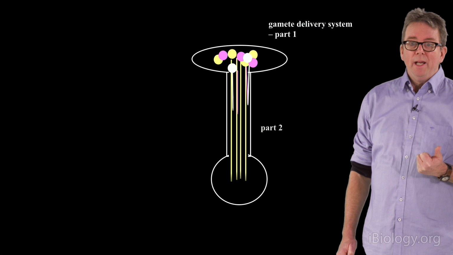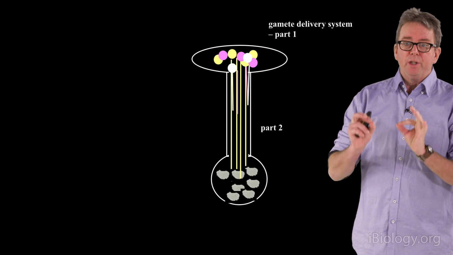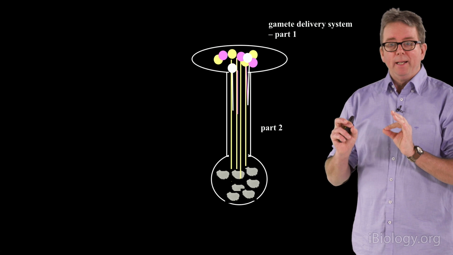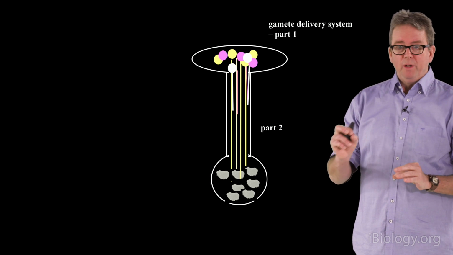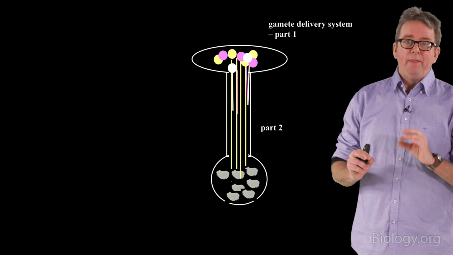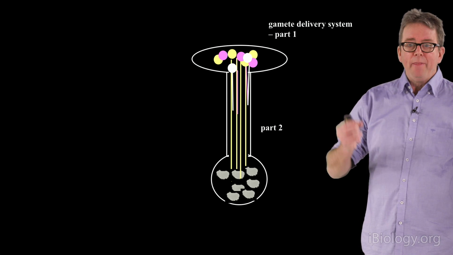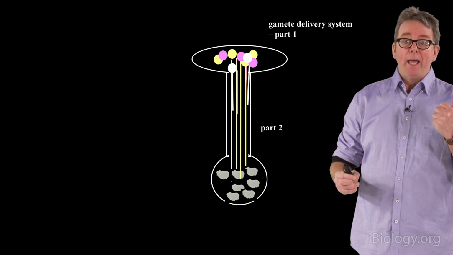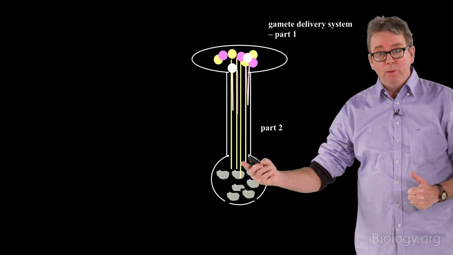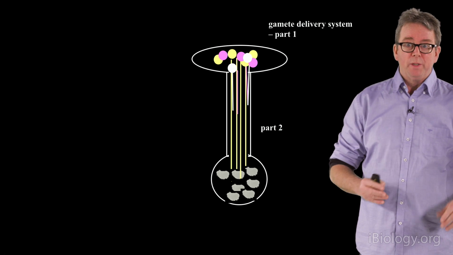Part two is when the pollen tubes grow down and deliver the two sperm nuclei for the double fertilization that occurs in most angiosperm reproductive systems: the fertilization of the embryo and the fertilization of the endosperm to finally form the seed. Now that pollen tube that delivers those two sperm nuclei is haploid, unlike the diploid gamete delivery systems that we call males in animals.